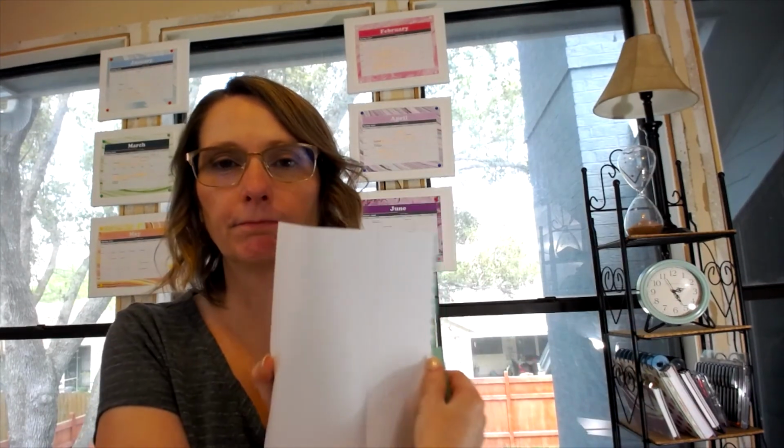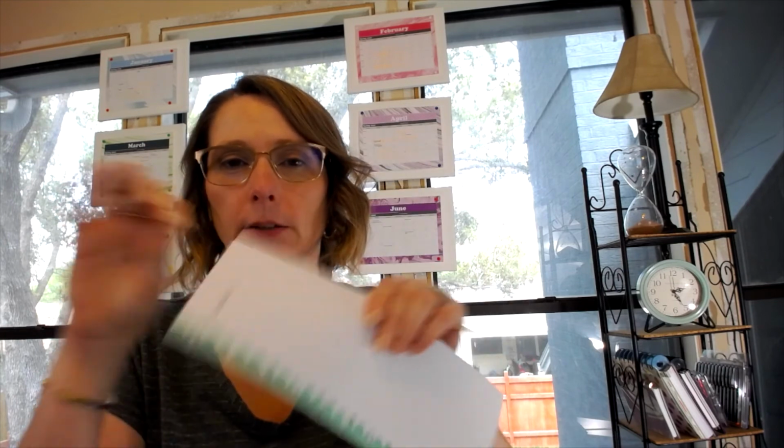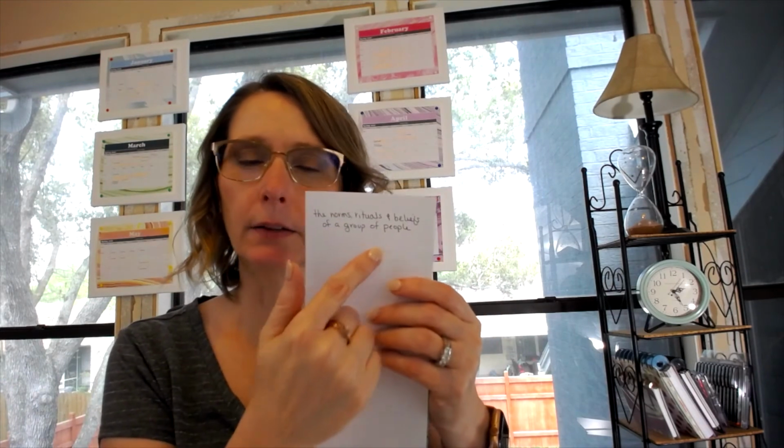If you can put it in your own words and explain what it means, then you understand that term. The next thing that I want you to do is practice these terms so that you fully know them. And don't wait until the night before the test to start learning them, because you're going to have a lot of terminology in all of your classes to take in and learn. One of the ways that you can do that is with a simple piece of paper like this. So just fold it in half lengthwise or hot dog style. Put the term, like culture, on one side. And on the other side, put the definition.